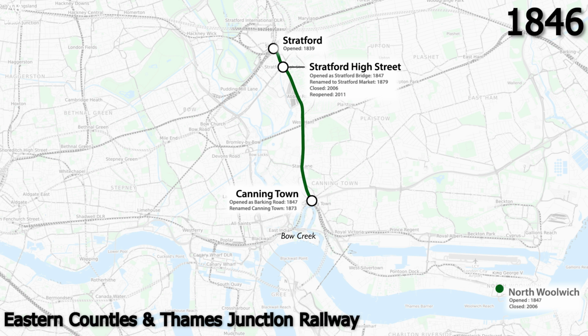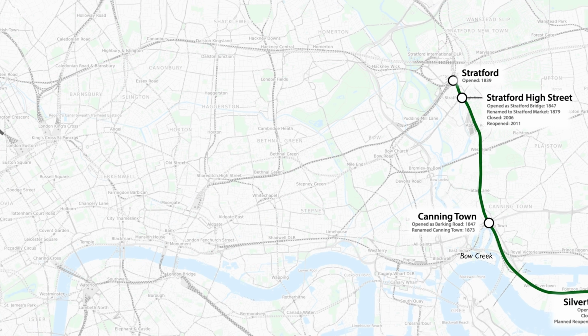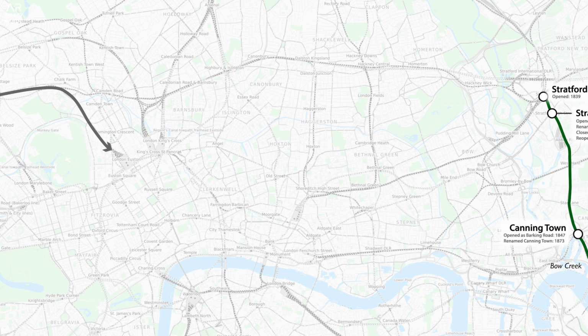The second stage opened a year later in 1847 between Canning Town and North Woolwich via Silvertown, and this added a connection to the Woolwich ferry to allow passengers from the south to connect straight to the railway in the north. Moving to the central section, which was between the Euston area at Primrose Hill and Poplar with a route